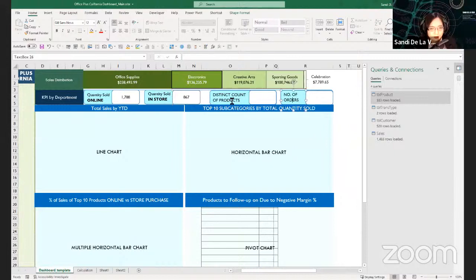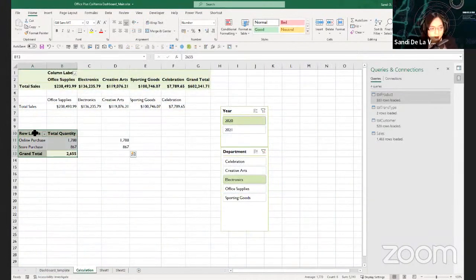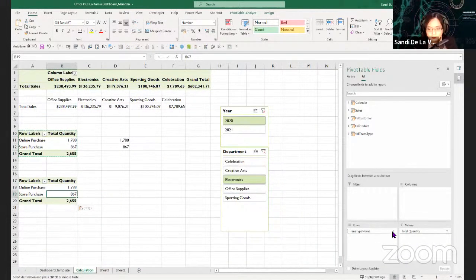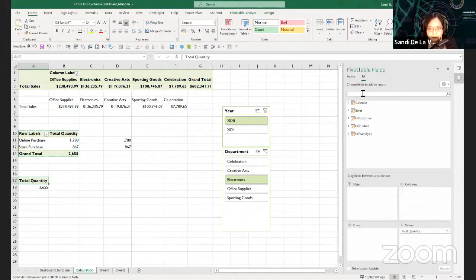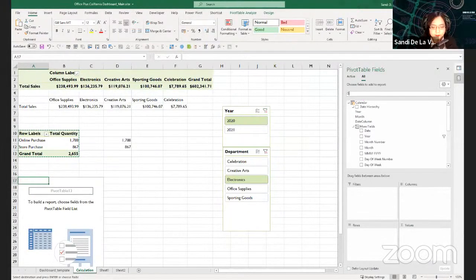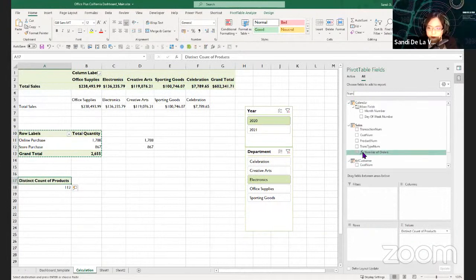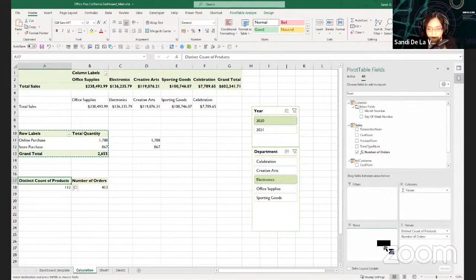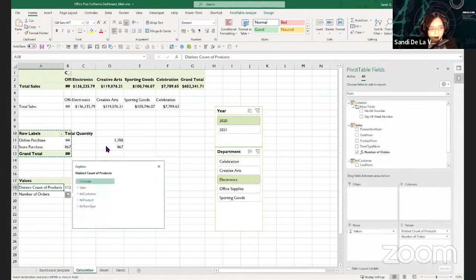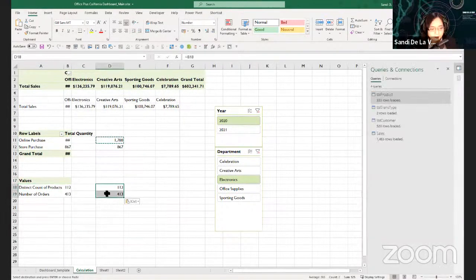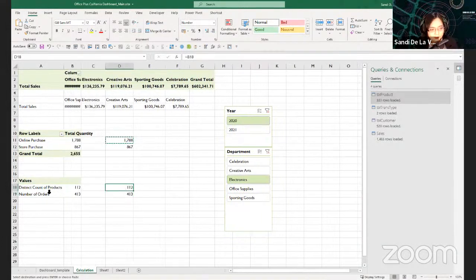So next step is to calculate the distinct count of products and the number of orders. Going to the calculation, for each, we don't need the transaction type. We just need the distinct count of product and number of orders. Use the values here as rows, then do the same to refer to the values of the pivot table using additional cells. So the distinct count of products is in D18.